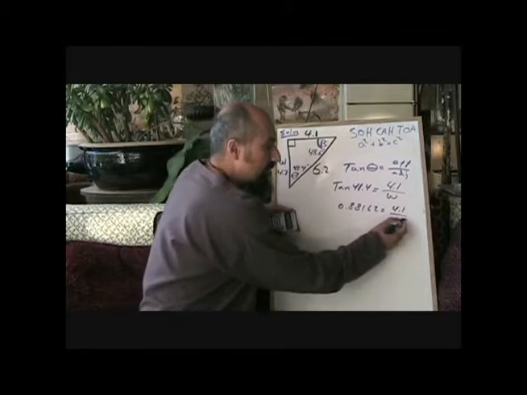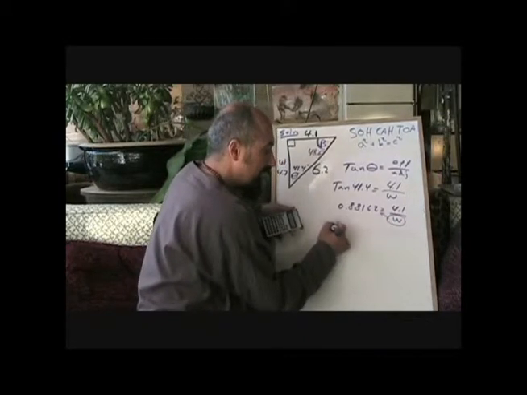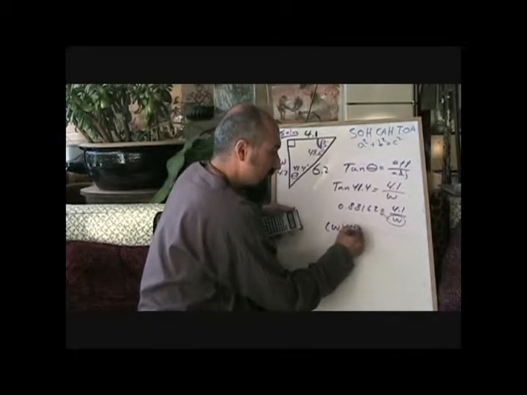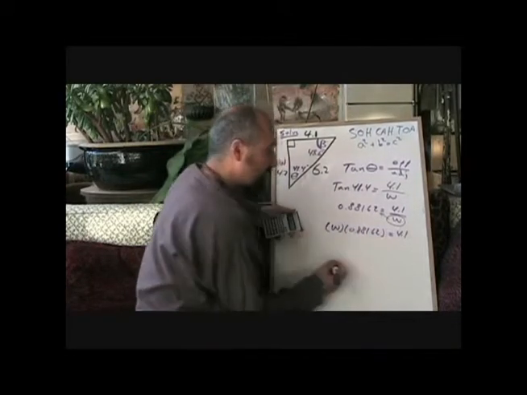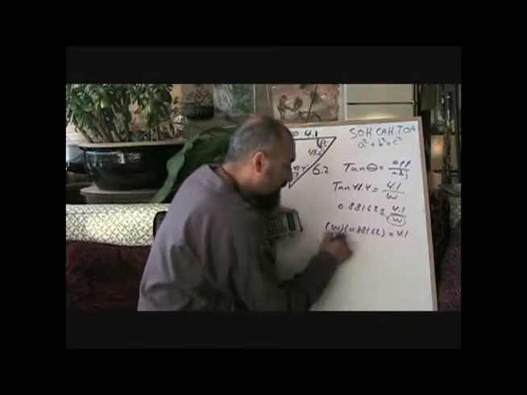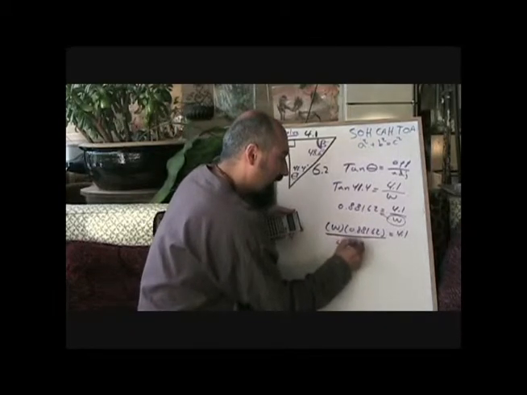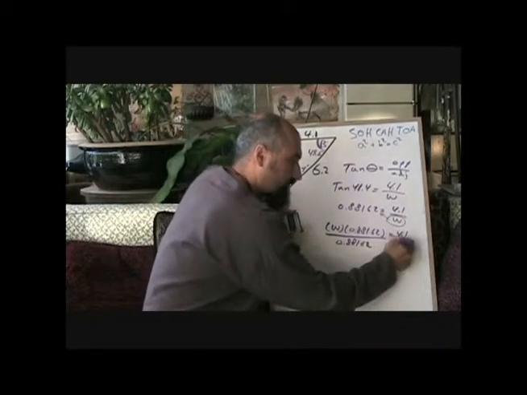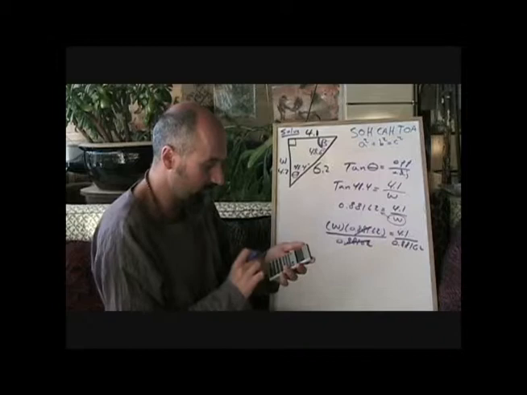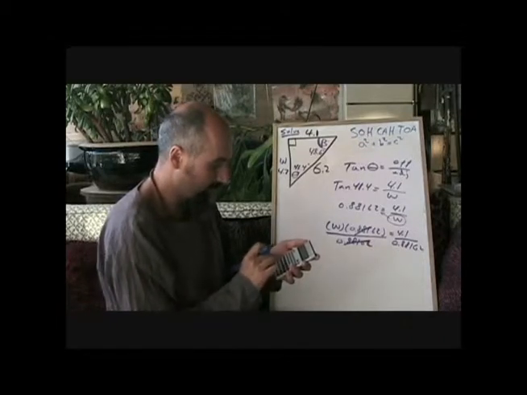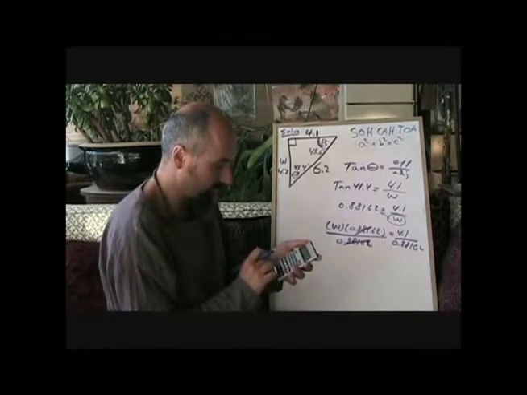Now you got to get W by itself, so you cross multiply this up. So you got W times 0.88162 is equal to 4.1. And you want to get W by itself, so you divide by 0.88162. Divide by 0.88162. This kills this, so 4.1 divided by 0.88162 is